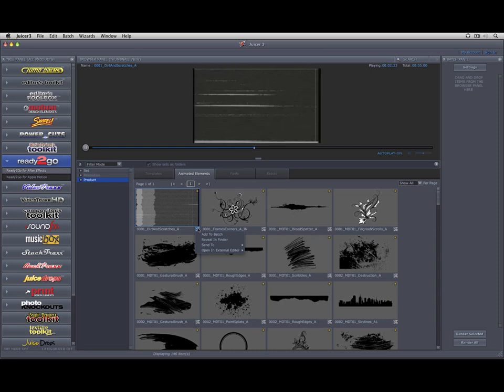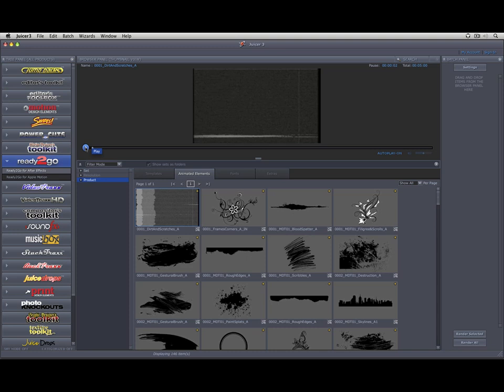Let's click on the film icon, and you can see that we have the option to add it to the batch, to reveal in Finder. We can even send it right to After Effects, or we can open it in an external editor if we wanted to. Now, for more information about getting elements from the Motion Designer's Toolkit out of the juicer, you can check out my Getting Started video on the Motion Designer's Toolkit on DJTV. So I'm not going to get too much into that right now, but just be aware that you do have the option of using all of these elements in any project